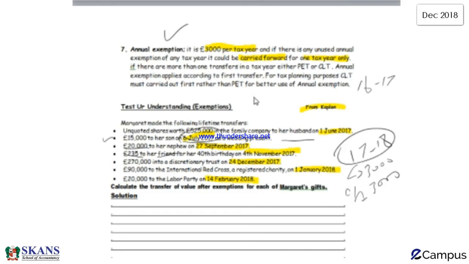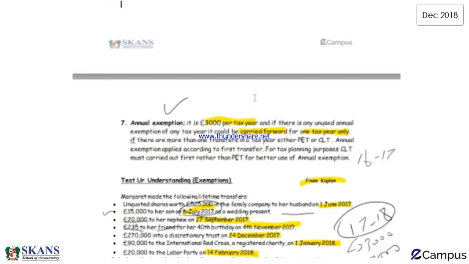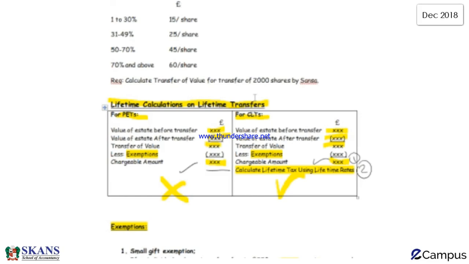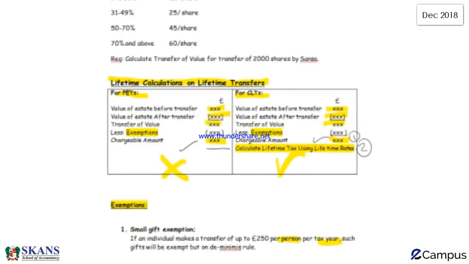All right. So this is how we calculate chargeable amounts of either PETs or CLTs. Now you should be able to calculate chargeable amounts on both PETs and CLTs, because it would be calculation of transfer value, then deducting exemptions, and that would be the chargeable amount. Now, the next step which we need to do will be how to calculate lifetime taxes using lifetime rates on CLTs. Well, to do that, let's have a look at